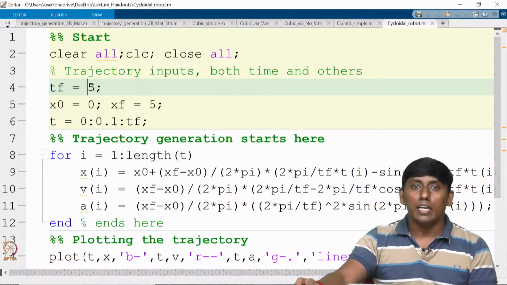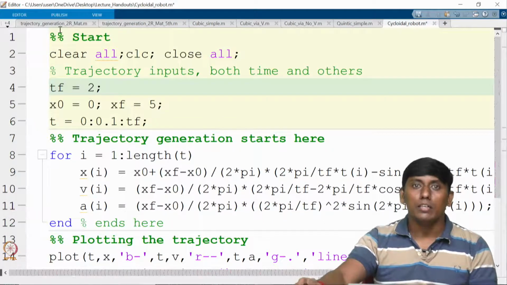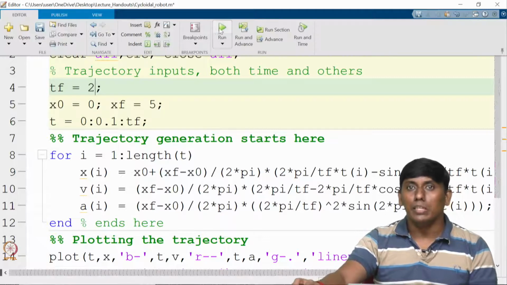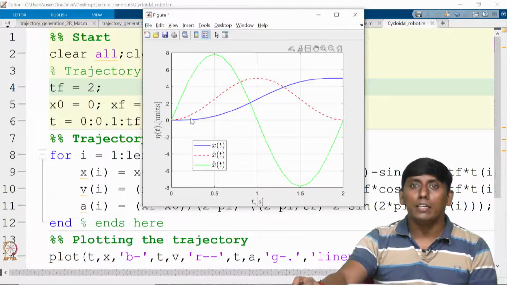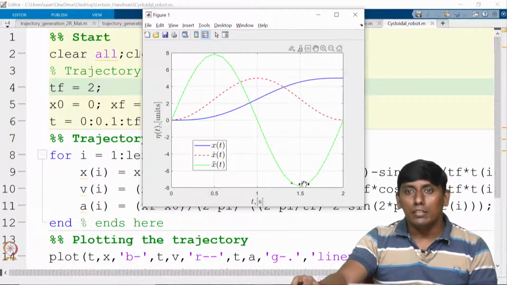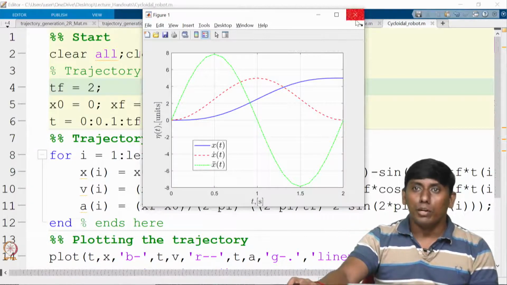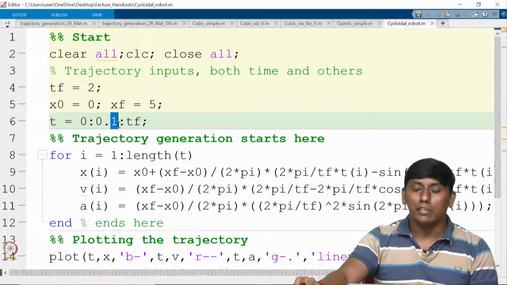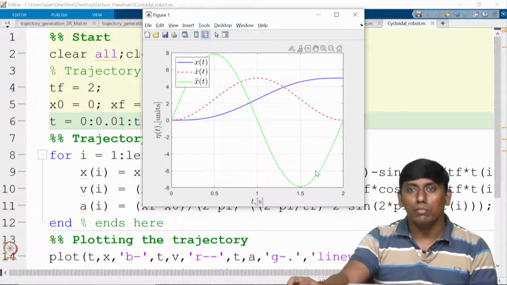Now if I change this, for example, say I run it with only 2 seconds, you can see the variation would be very significant. But one thing you can clearly see is that the acceleration is pure sinusoidal acceleration. Here I made 0.1 as the step size, so it looks very segment-based. By decreasing that, you can make it smooth. Okay, now I just wanted to show that it is a sinusoidal profile. You can see now it is smooth, right?